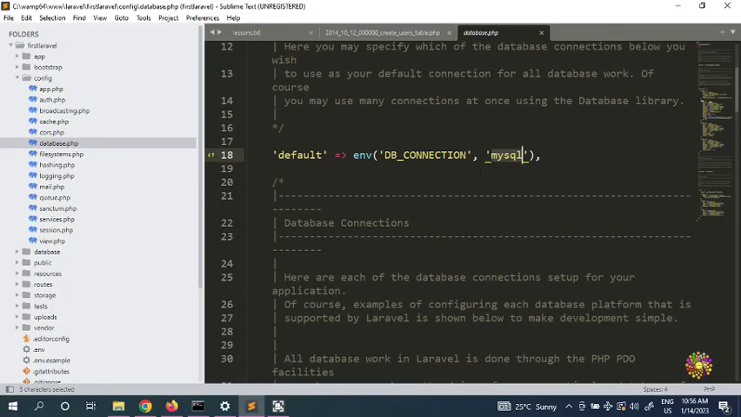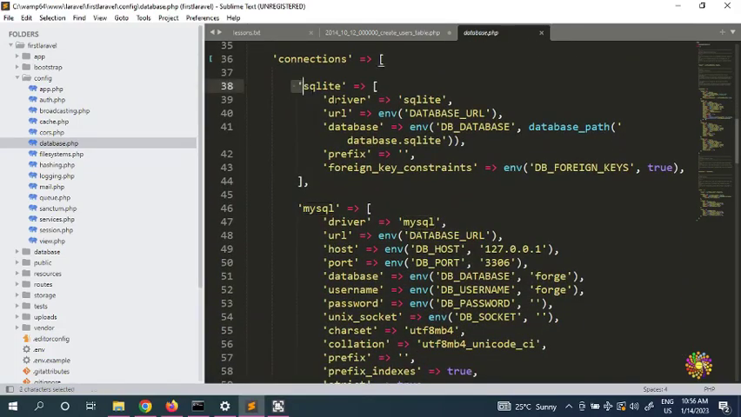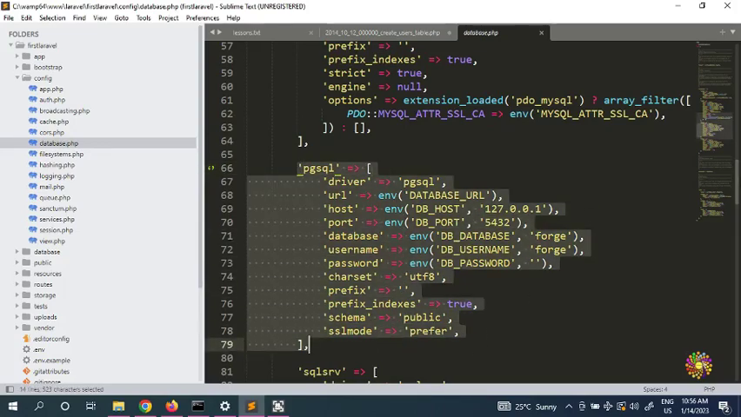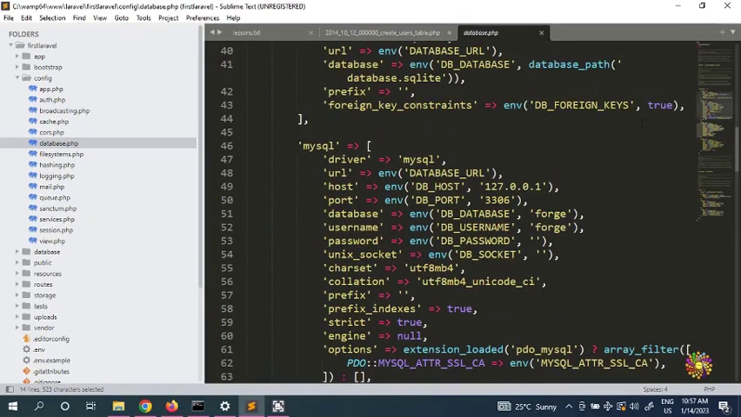Why would Laravel put MySQL? Because, as I said, by default Laravel goes with MySQL. But if you look in here, the connections also have SQLite. It has MySQL, that's the second array here. It has pgsql or PostgreSQL, or SQL Server, sqlsrv. So there are 4 databases that Laravel supports. For MySQL, the driver is mysql, URL is database URL, host is DB host,